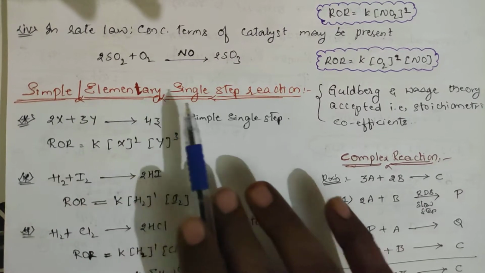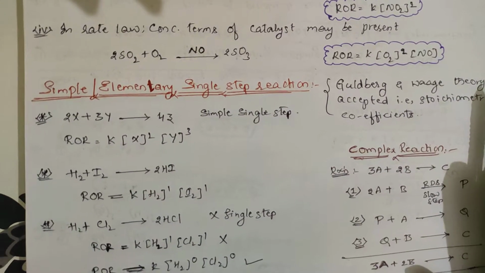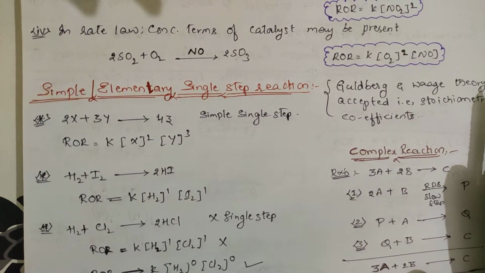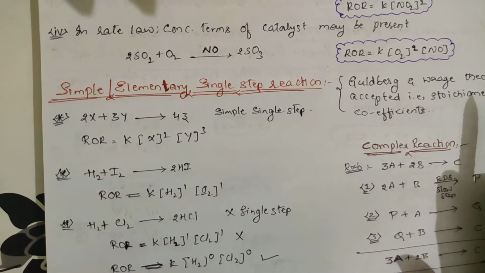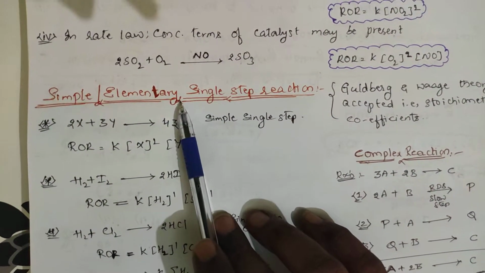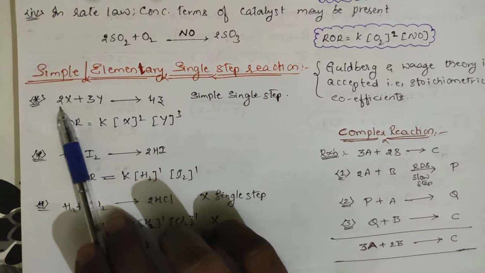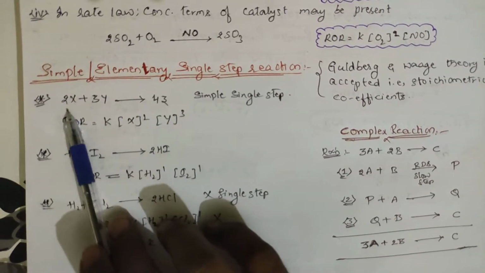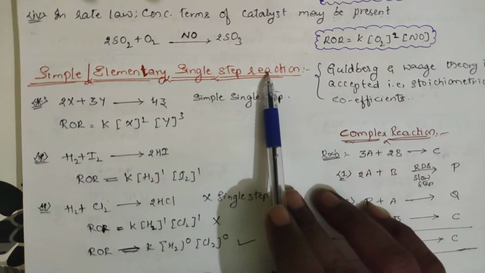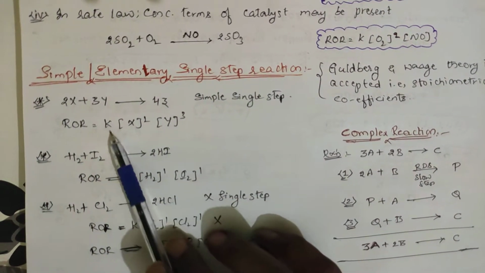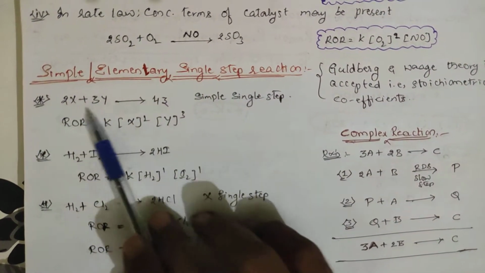Right. And writing the simple or elementary steps means these reactions are very simple. These will not take complex steps. Like in first year you have learned Hess law in thermodynamics. Whether the amount of energy liberated in a single step or in multiple steps is the same. Okay. The product formation is the same. Right. If you go for the simple or elementary steps, means the reaction which occurs in a single step, not in multiple steps. So if this is a single step reaction, 2X plus 3Y gives rise to 4Z, then the rate of the reaction you can write directly, K is equal to [X]^2 [Y]^3. Because this is not a complex reaction.